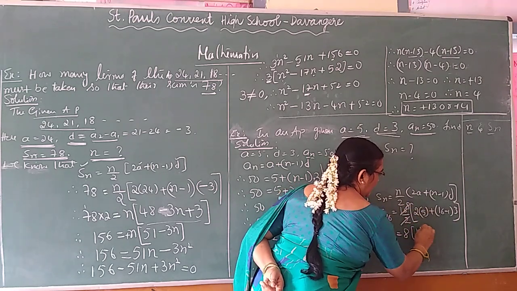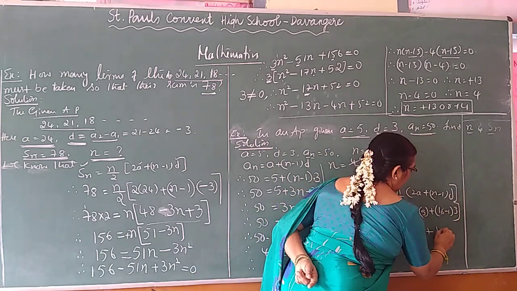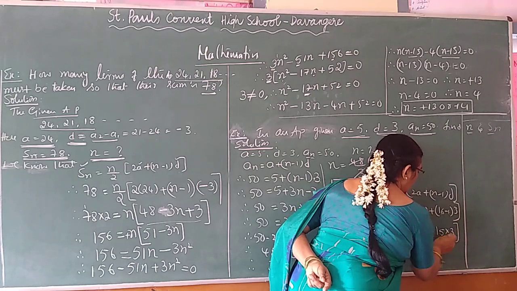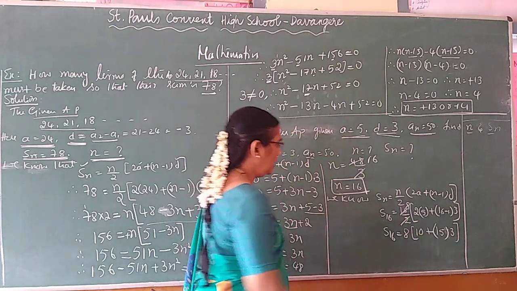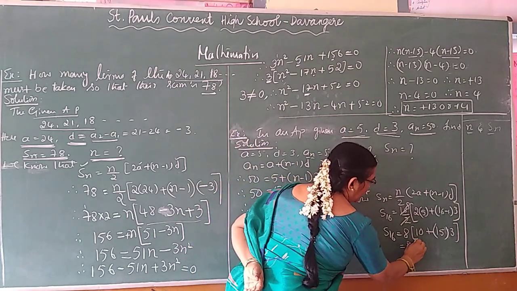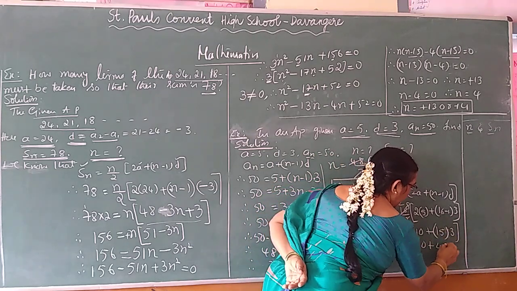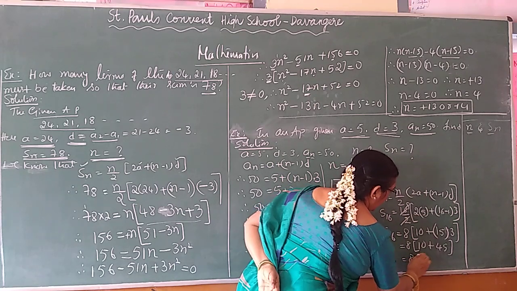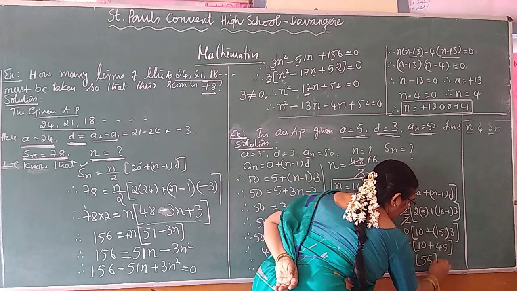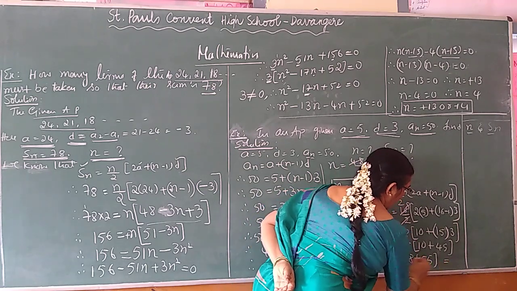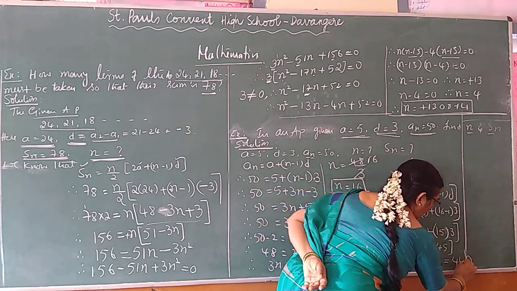This is 10 plus this is 16 minus 1, 15 into 3. Shall I consider into, or you can consider bracket also. Nothing will happen. Then you do the simplification. 8 into 10 plus 15 into 3 is 45. So that is equal to 8 into 5 and 4 plus 1 is 5. So that is equal to 8 5s are 40, carry 4, 8 5s are 40 plus 4 is 44.